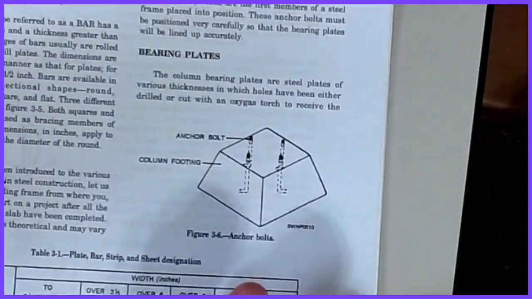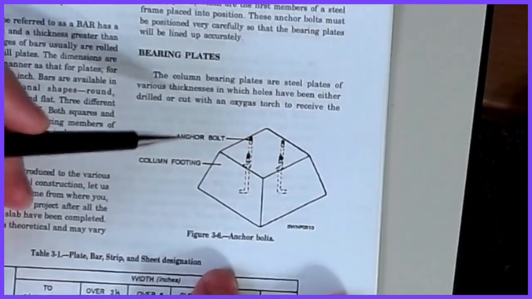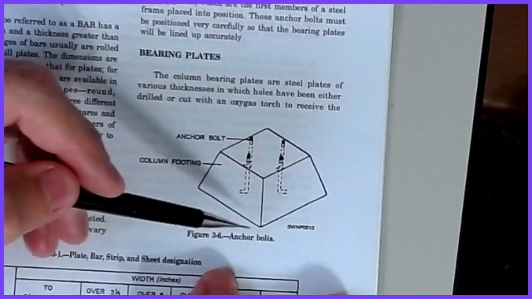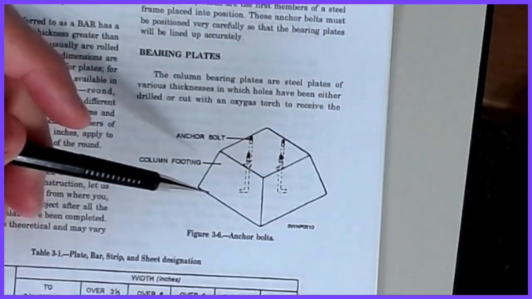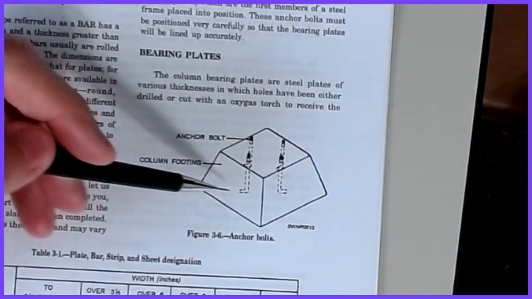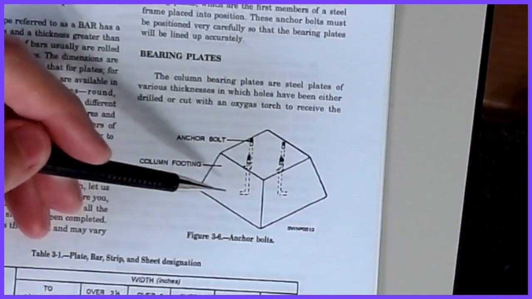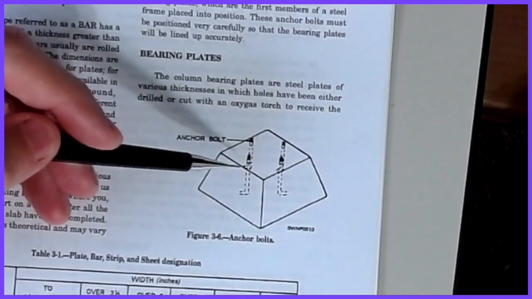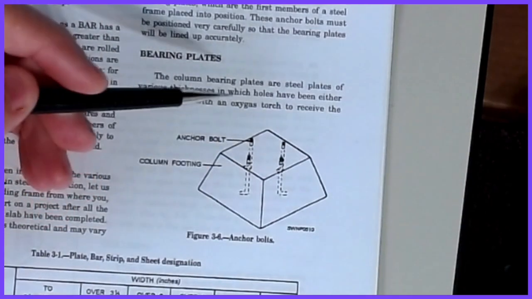All right. Now, to make those connections, I'll point you down to this picture. This is how an anchor bolt works. Imagine this frustum here is the top of the foundation. It could be rectangular, it could be any shape. It's the column footing. Then there are anchor bolts that are typically cast in at the time the concrete footing is placed, and then they have some sort of nut and a bolt on it that goes through holes in those base plates